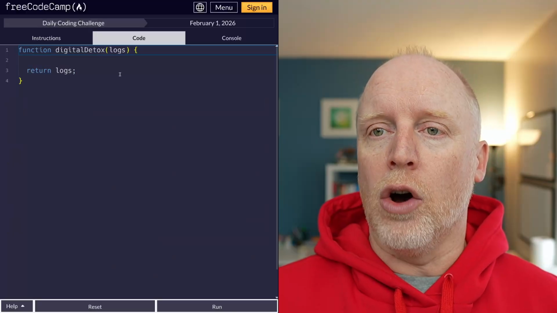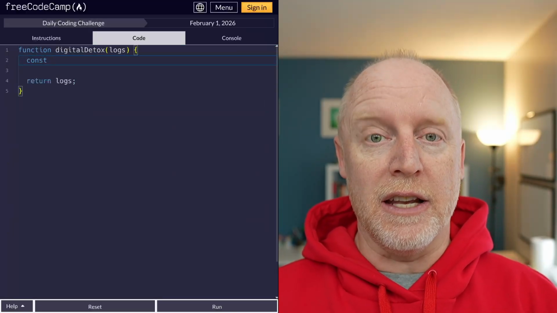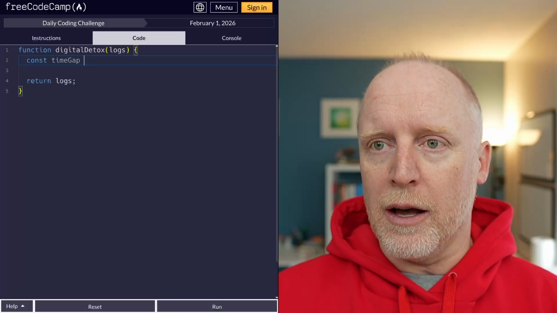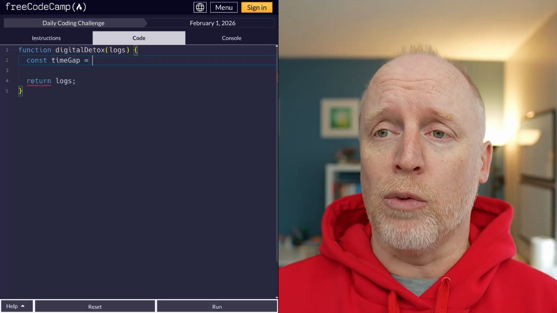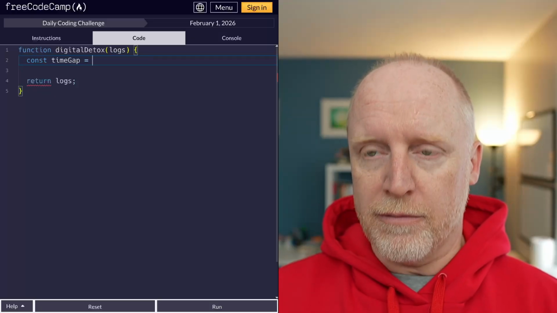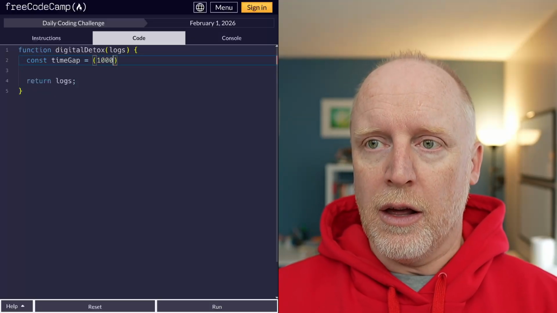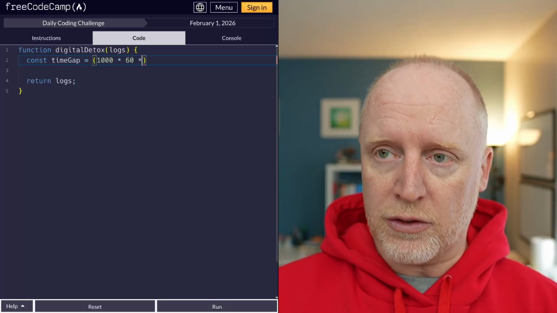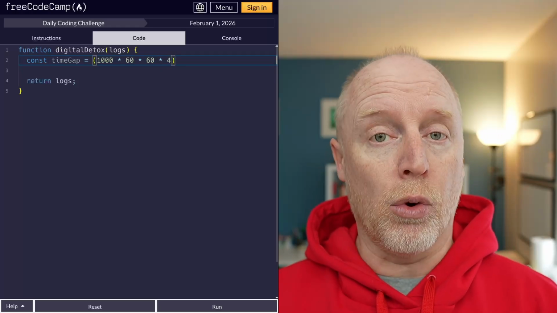So over here, let's get it started. First, I want to sort out the time gap. Okay. In fact, that's a good name for it. Let's call it time gap because we're going to switch these to dates. And when we do that, everything is going to be in milliseconds. So figuring out what our 4 hours is, very important, right? That's going to be 1,000 milliseconds times 60 seconds times 60 minutes times the big one, which is 4 hours,